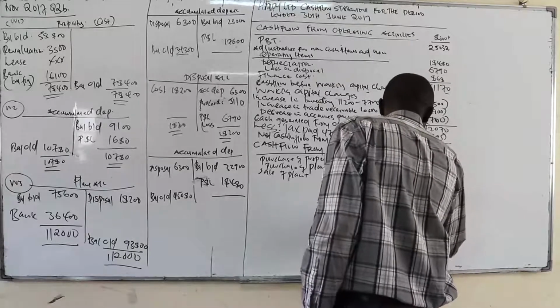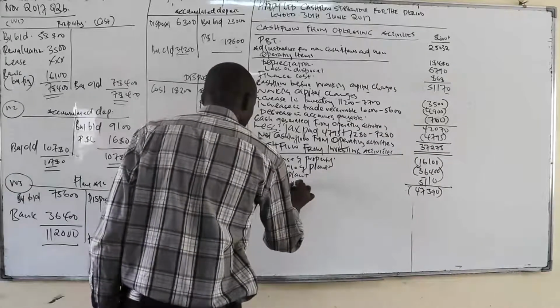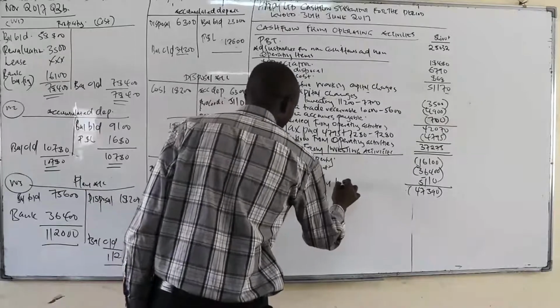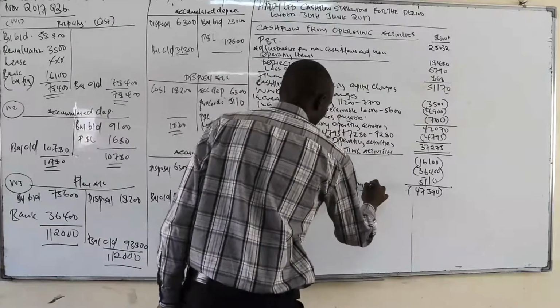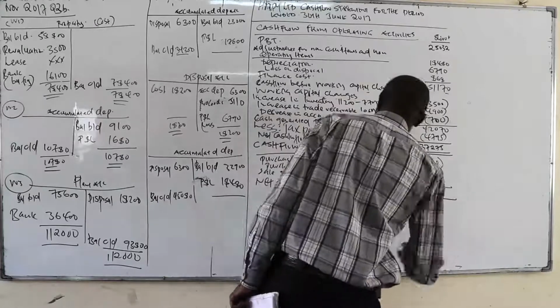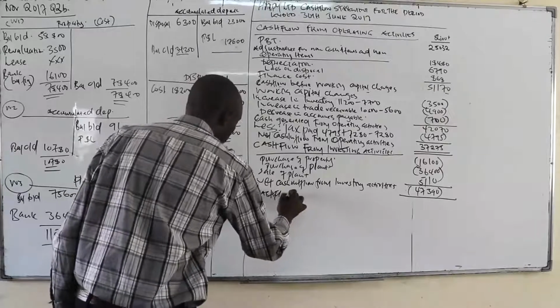Negative. Right here, net cash outflow from investing activities. Then you come and analyze cash flow from